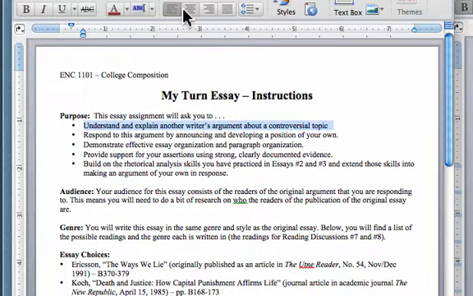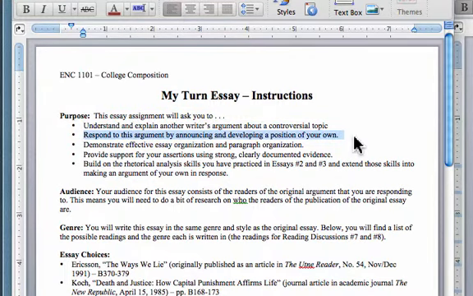They're not simple arguments. So it's important that you pick up on things, not only what they say, but how they say it, in other words, the tone. So understanding and explaining the writer's argument, which hopefully you're better at this point after having done the last assignment, is your first step.